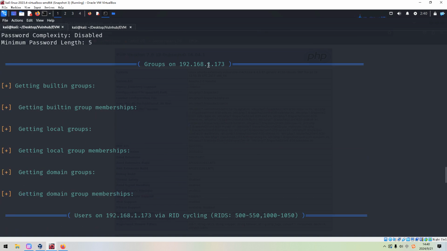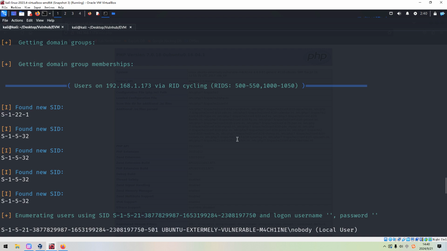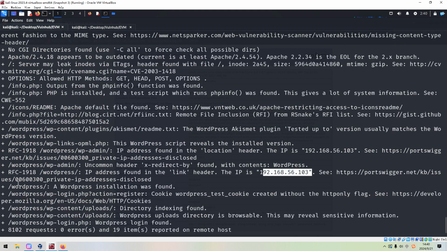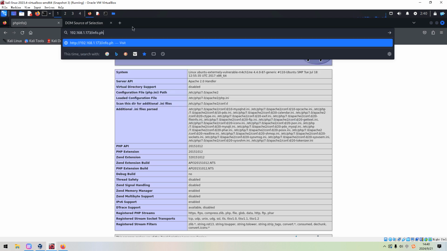Yeah, this one, 1.173, and not this one. So maybe we have some problems to render this WordPress directly. Okay, let's do it now.